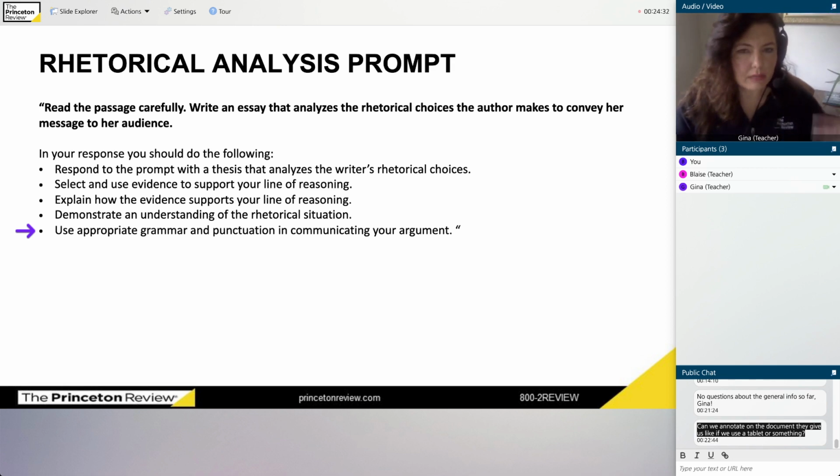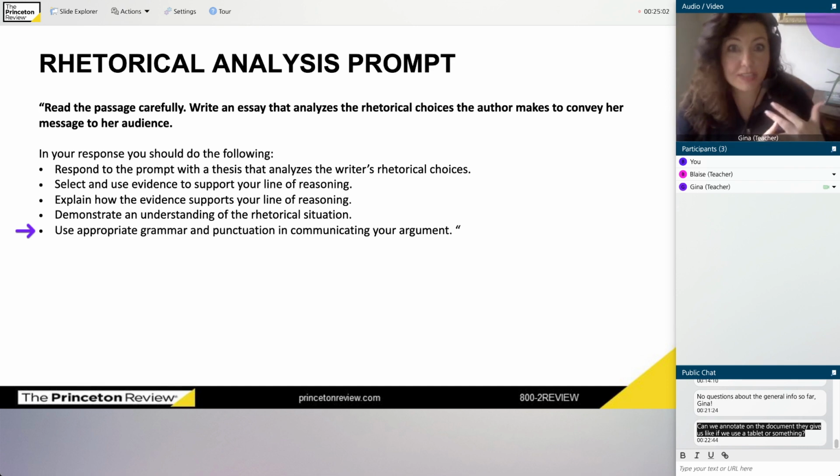So, what are they actually asking you to do? Well, first of all, let's talk about what they're not asking you to do. These are the biggest mistakes people make with the language and composition test. Number one, they're not asking you to just summarize everything that the author said. They're not testing you on whether you just understand what you read. That's sort of too easy. Now, that doesn't mean you shouldn't summarize, right? It just means that that's not what they're actually asking for.